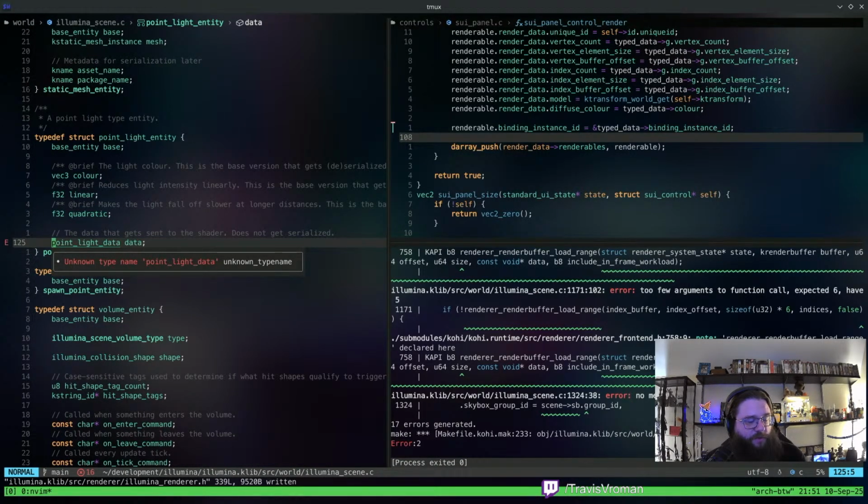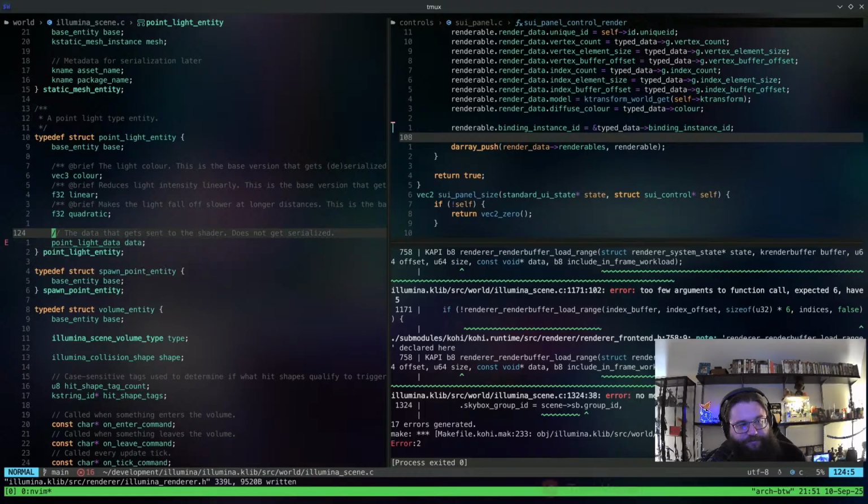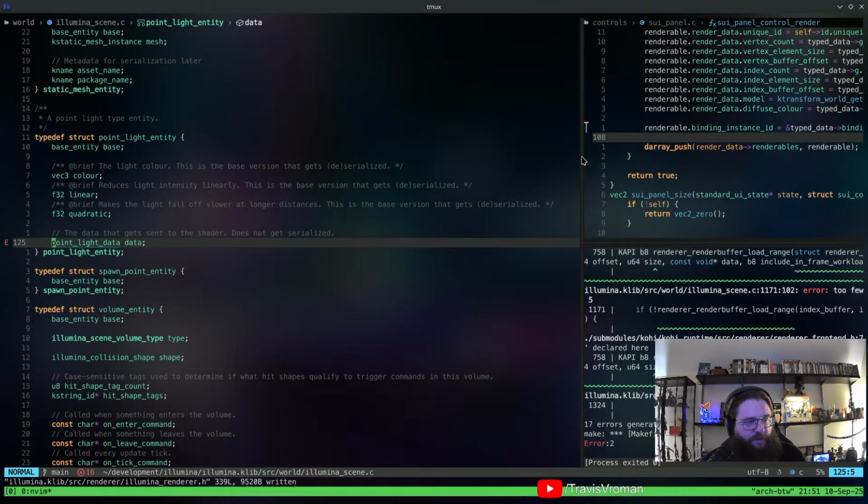So our point light entity, we no longer have this point light data, right? The only thing, let me take a look at this real quick. So we have this version of the point light entity that gets serialized, right?